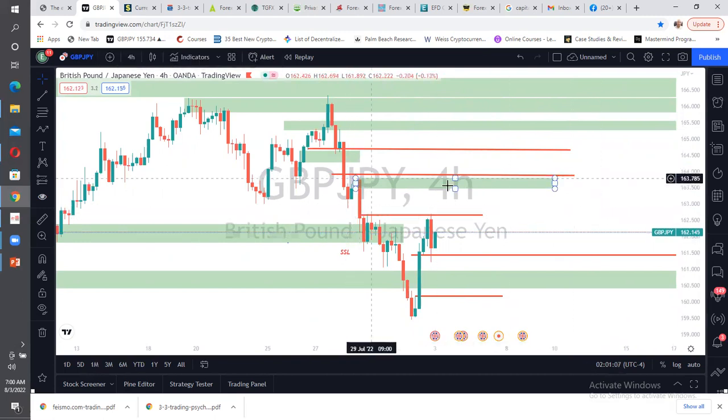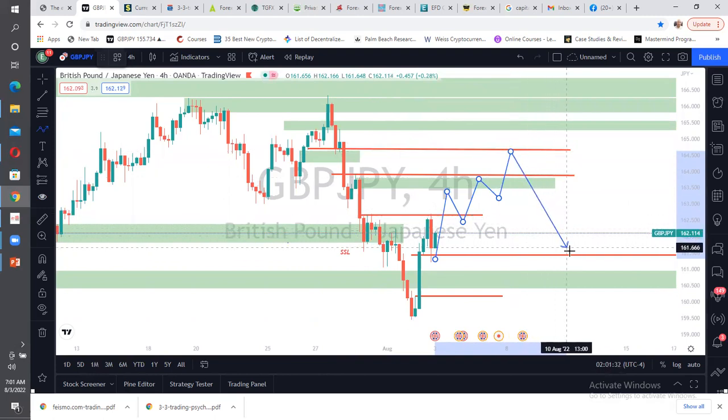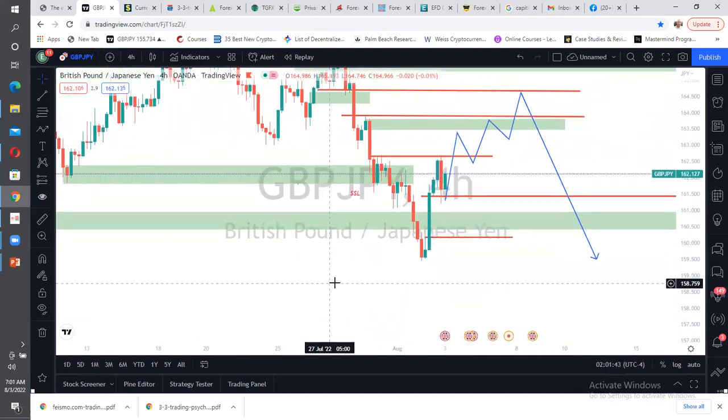All right, this one actually traded in, so I want to see them go and close this level to the upside. All right, this is what I want to see. They've done this already, enter this particular place. So I want to see these guys do this. When they hit this level, then I will expect a break to the downside. But for now, this is what I'm expecting from this particular pair.